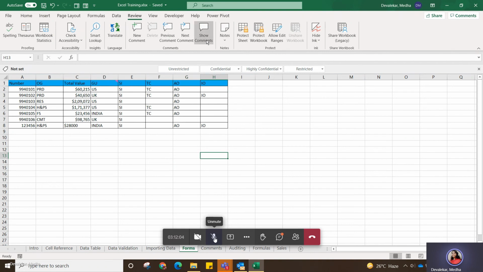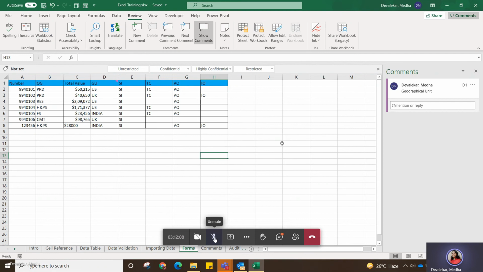But there is also another option. If we click on this show comments button, it will show all the comments in this spreadsheet. Here he can see that this comment is written for him in cell D1. So he'll go into cell D1 and take whatever action is needed and do the correction.